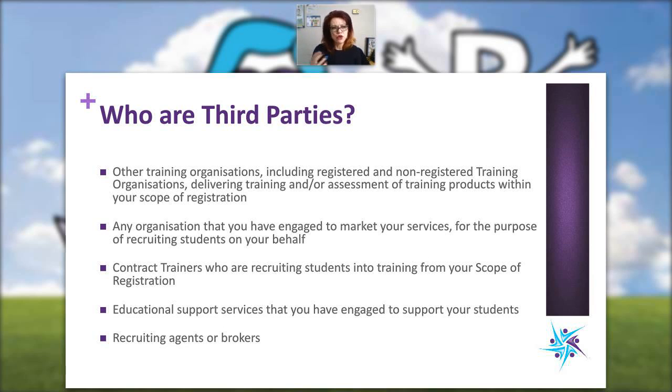It's not all support services. You could have referral services, so a list of referrals, which is what we provide you. We provide a list of referral services. You don't have to go out and get third-party written agreements with all of those support services. It's only where you've got them coming in and helping with the recruitment process for your RTO. So don't go out and get lots of written agreements with all those support services, because that would just be a bit crazy. And I don't know whether you'd actually get all those agreements in place. It's more if they're helping with the recruitment process of your RTO.